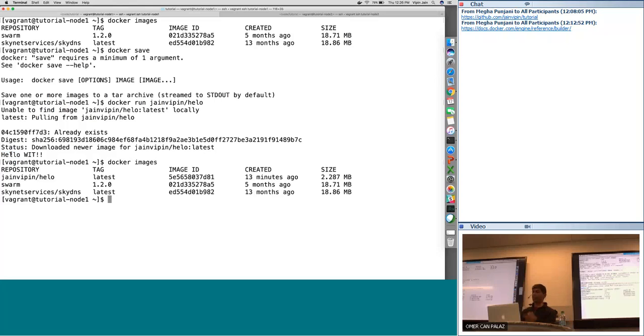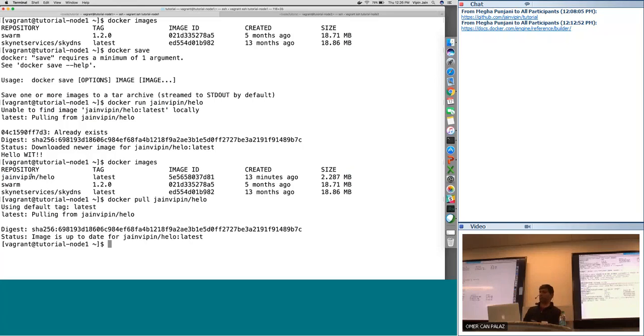So that's what we did just now. Now I have an image already loaded. If you just want to download an image and things like that, you can do Docker pull, and that'll also download the image, or rather check if it is the latest or not. And if it is not the latest, it will download the image. So very basic stuff with images and containers.